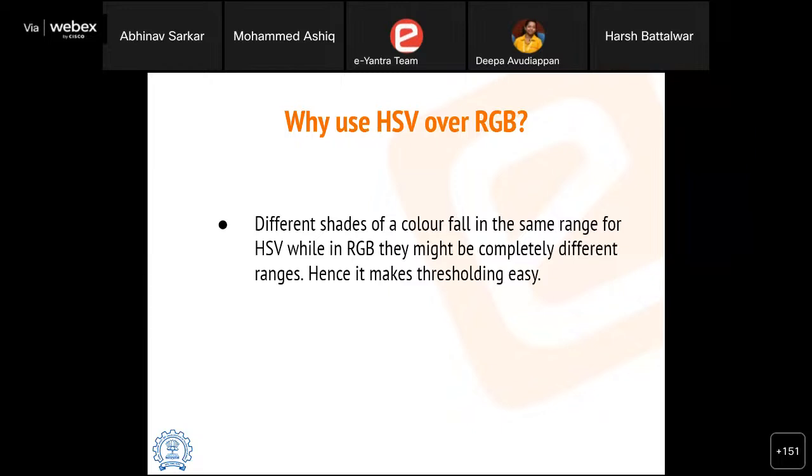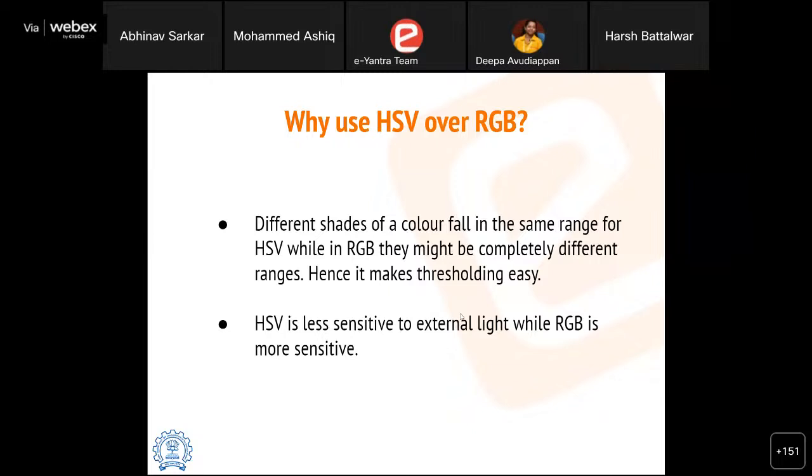that source will have lighting condition issues, and that might change the shade of the color which is seen by the camera, and that would basically make our algorithm